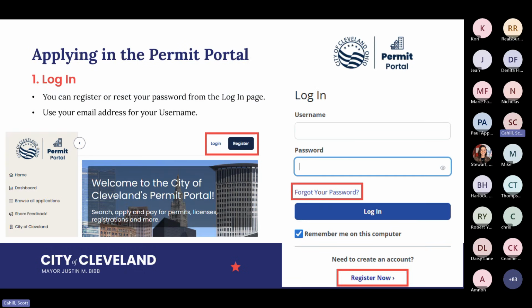So once you enter the permit portal, and there are many links to the permit portal on the City of Cleveland's website, the rental registration website, the construction permitting website, you can get to the permit portal through a number of different ways. The first thing that you'll need to do is log in. And if you don't have an account, you can register in the login page. You're only required to provide a username, an email, and a password. You'll submit. You'll get an email to click to verify your email address, and then you'll be good to go